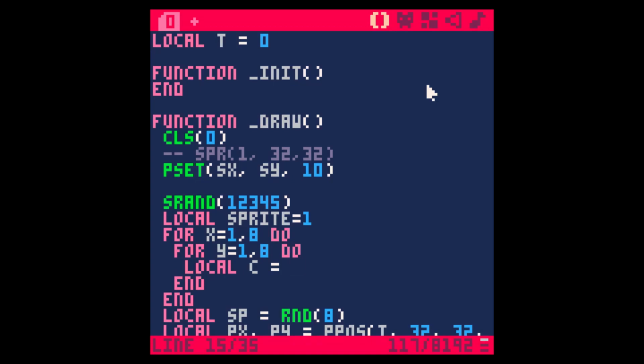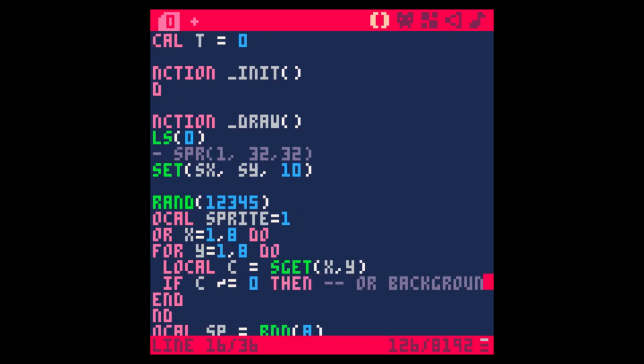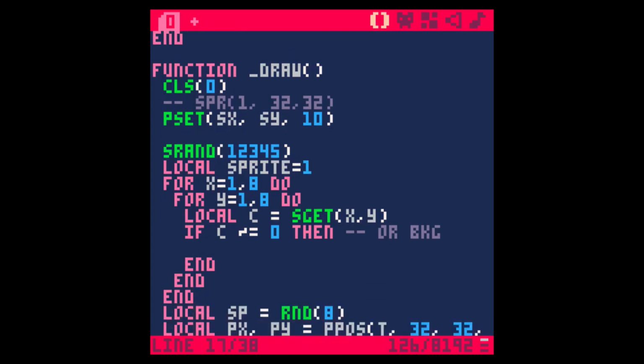So here, we use the sget. Use sget xy. This gets the color. If color is not 0 or background, BKG for short, then we're going to draw it